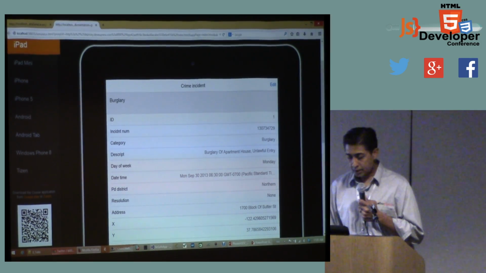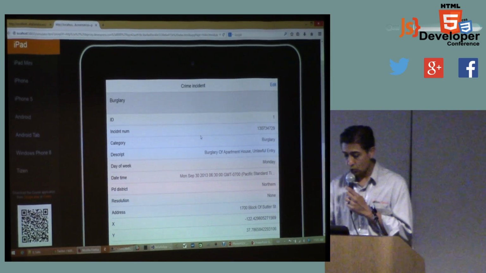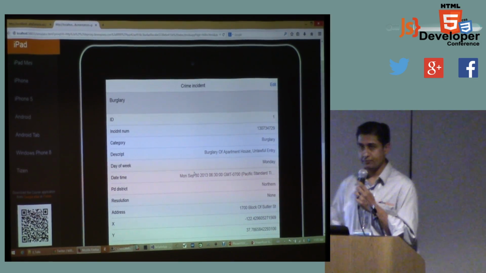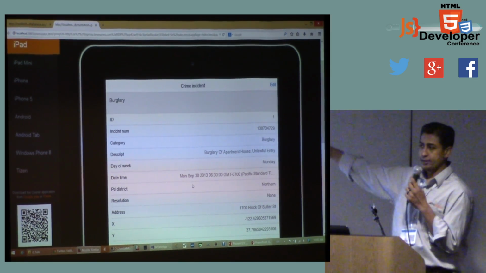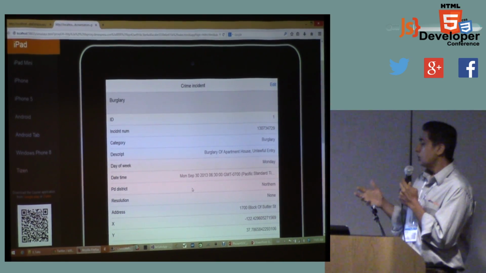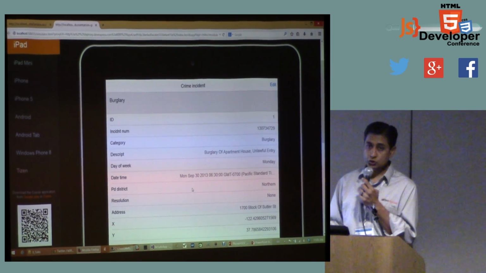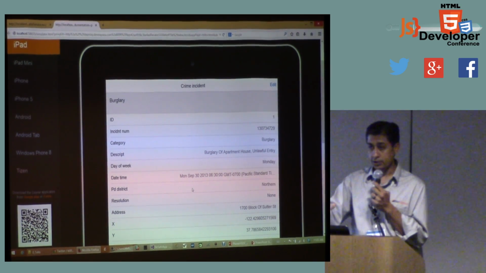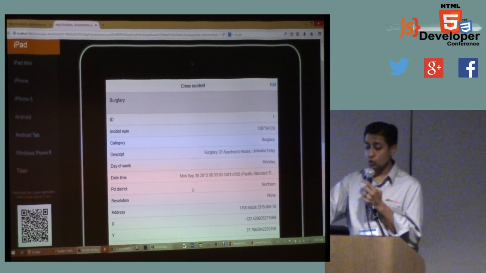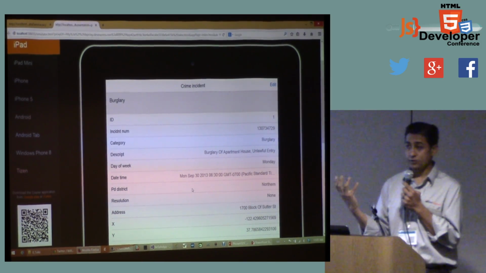Now, another key thing that I really like to push is the story of, okay, this is great. I got a nice emulator. Woohoo! How do I actually see what it looks like? So what you can do right now is scan that QR code from your device. And what you'll do is you're going to navigate to my machine. You're literally going to load up what I've got here on your phone, and it's going to show you in a native view.